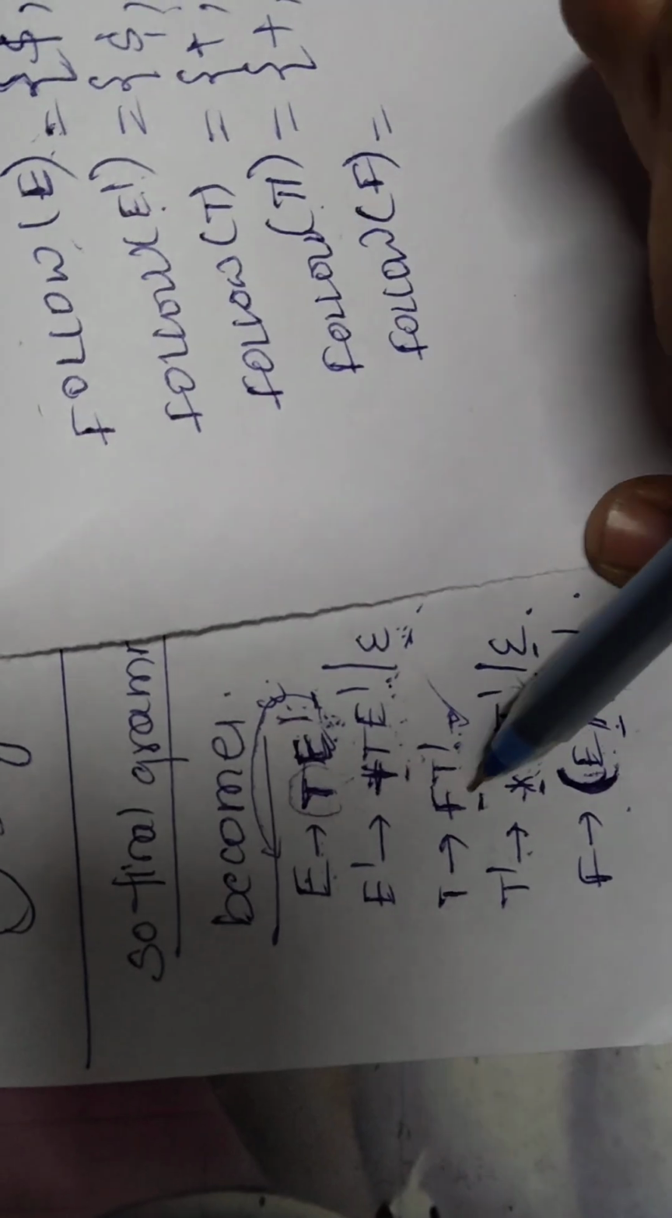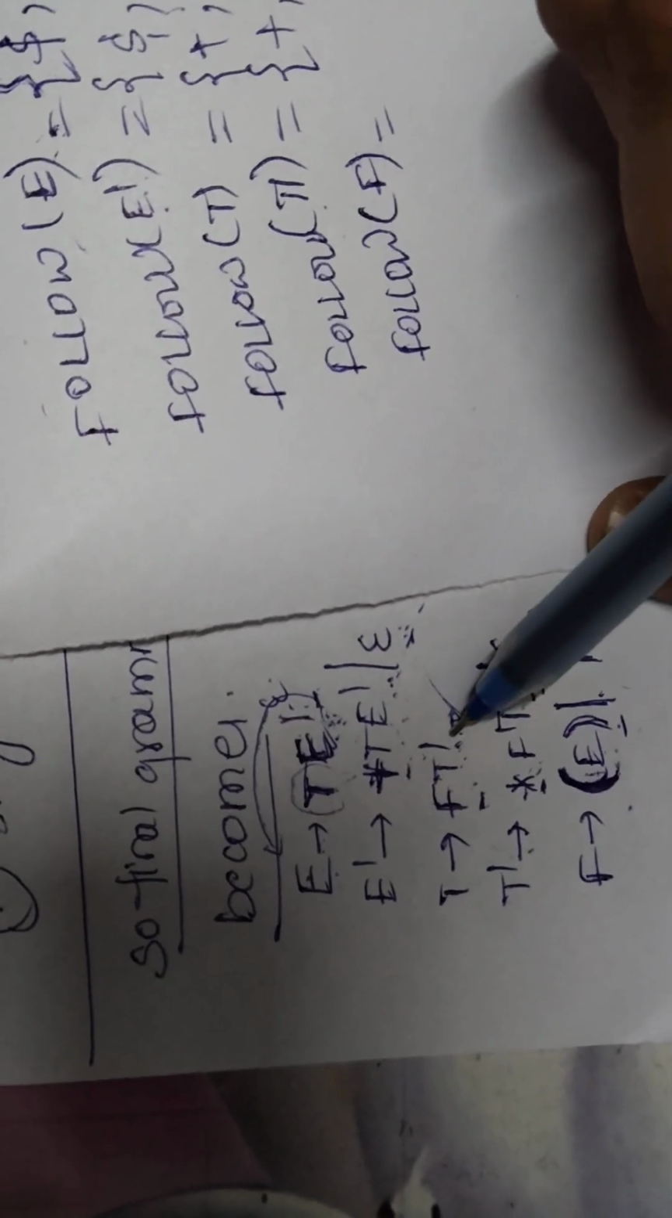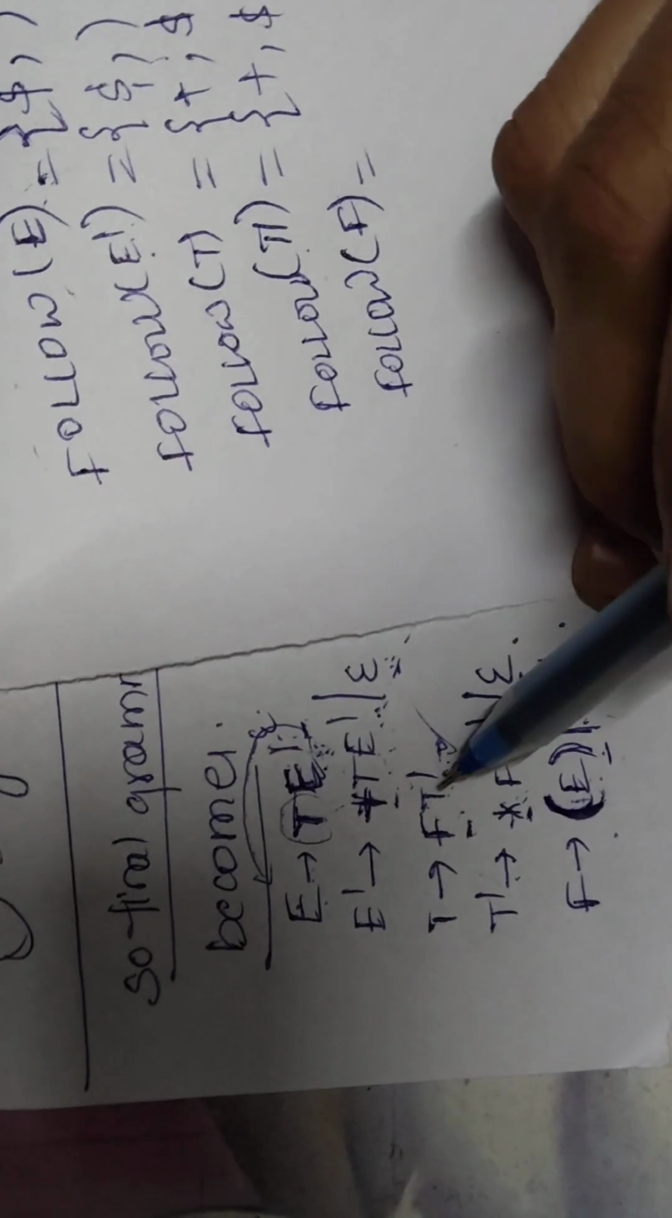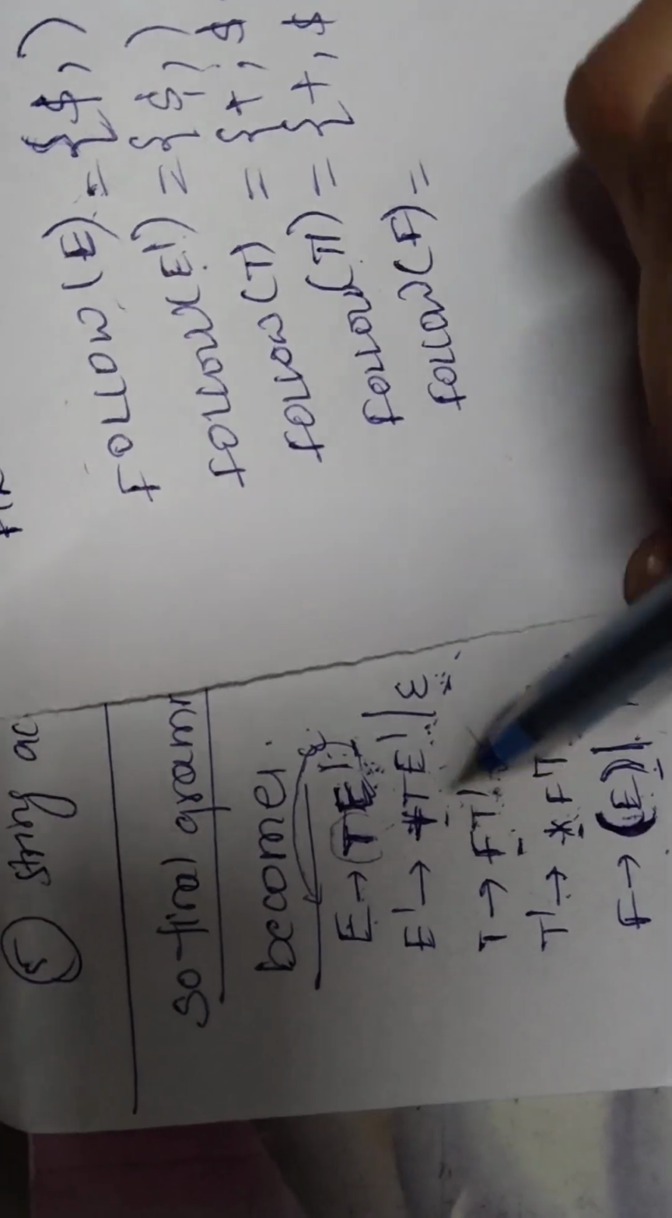Next, follow of T dash. Do we have anything? No, we don't have. So we will go just here. Follow of T dash. Already follow of T dash we have written. So we need to write. Next,